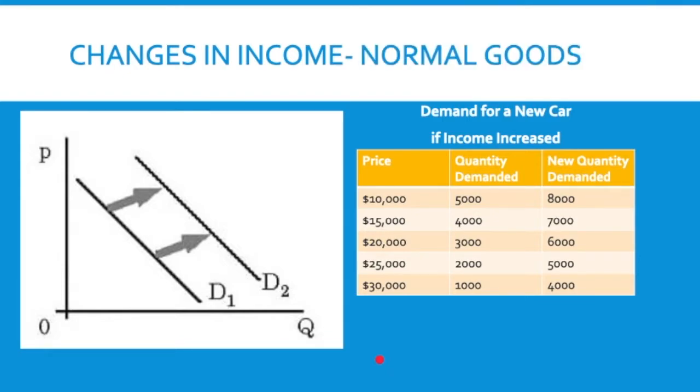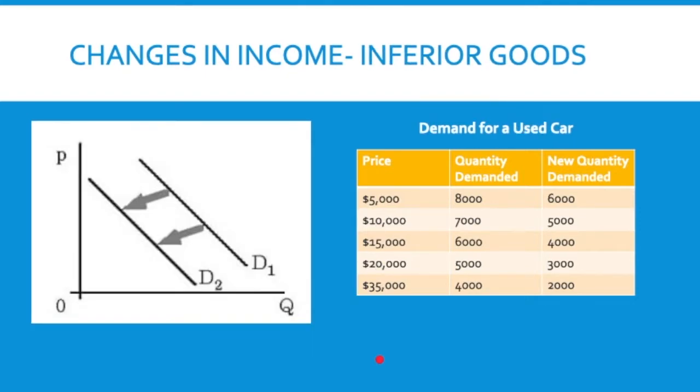This is for what we call normal goods. Normal goods, as you read about in the book, are typical goods that would be affected by income or other changes in demand. So a new car would be a normal good. This is different for inferior goods. If we look at this example of cars, a used car would be an inferior good. In this case, an increase in income might actually cause a decrease in demand for inferior goods, which is the opposite of what we might think.